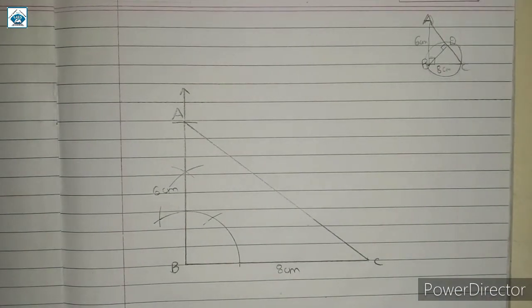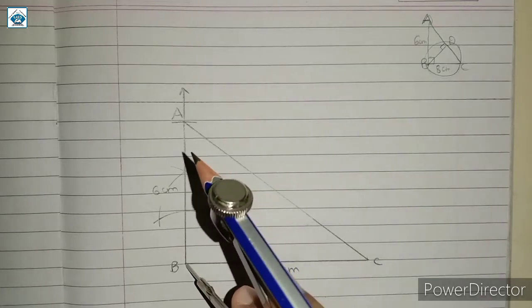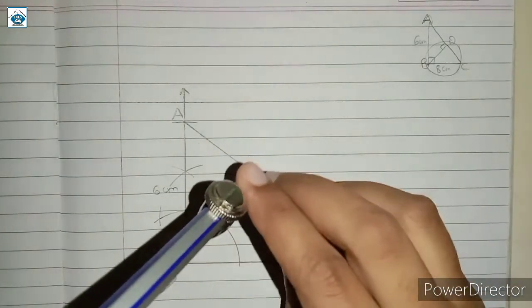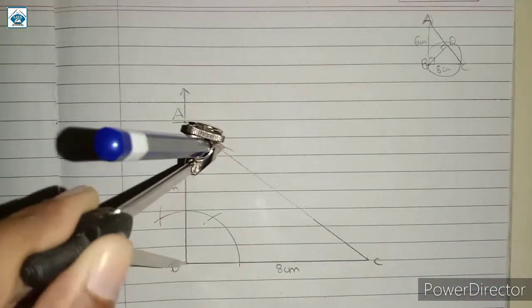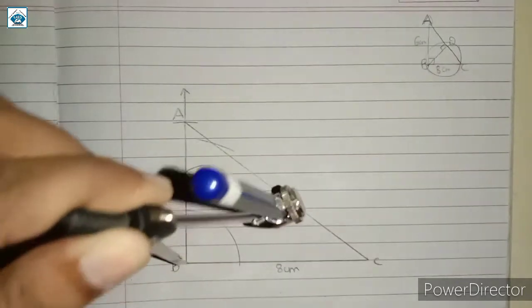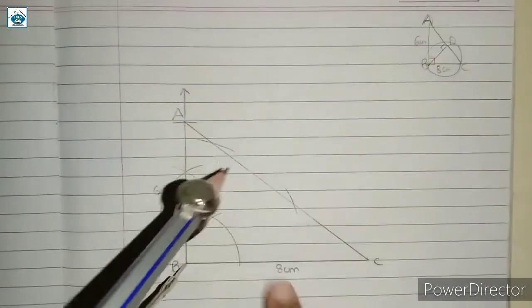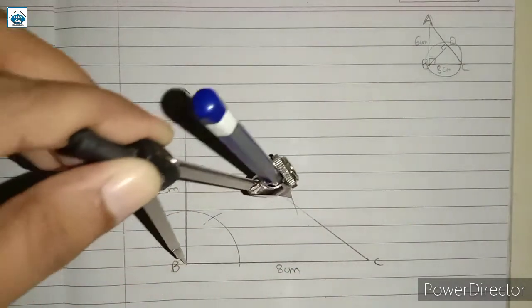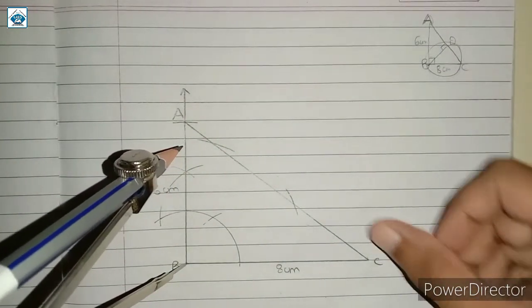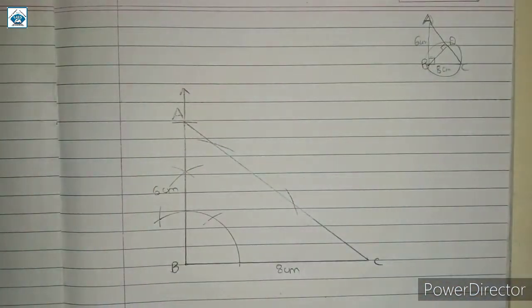Next we have to construct a perpendicular from point B to side AC. So follow these steps. Keep the pointer of your compass at point B, and with any fixed measurement as the radius like this, draw an arc to intersect at one point, and over here construct another arc. So from this point with the fixed radius we got 2 points which intersect AC. Now we will bisect this distance.